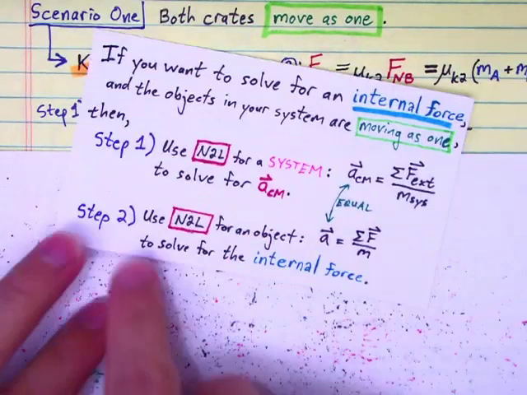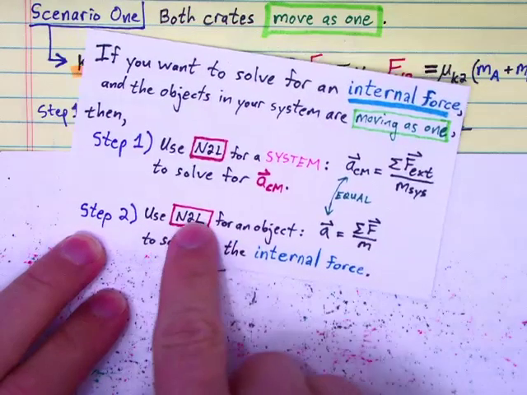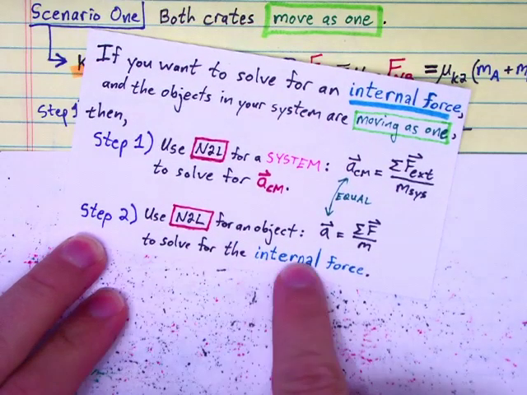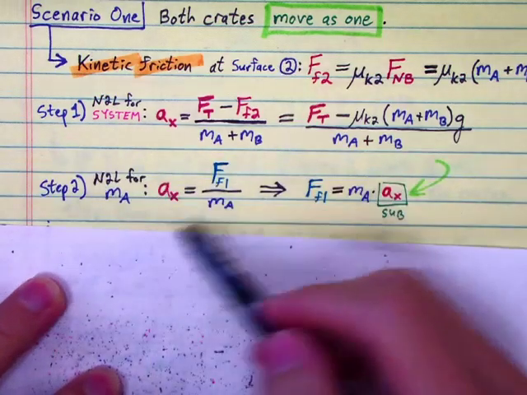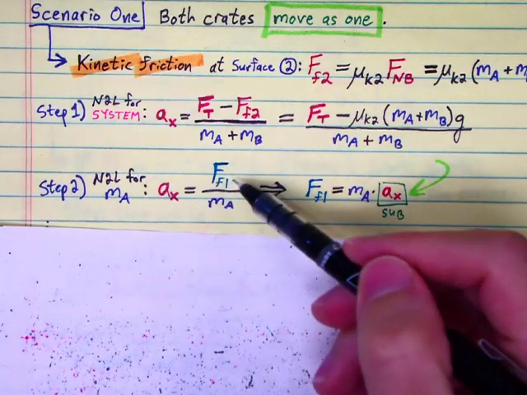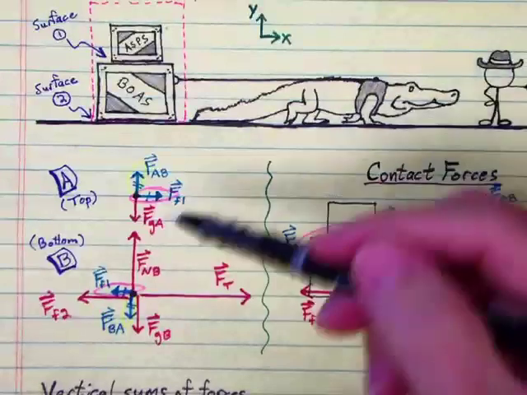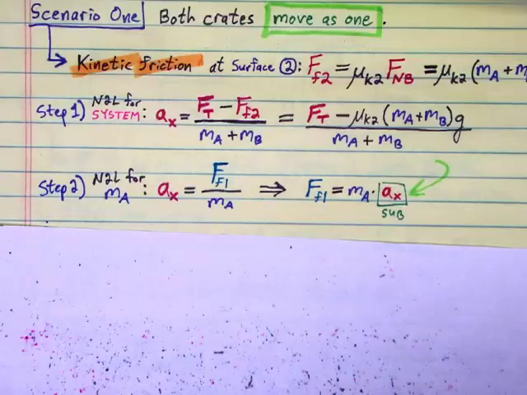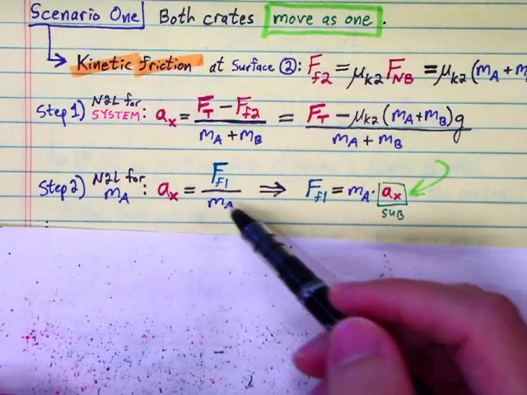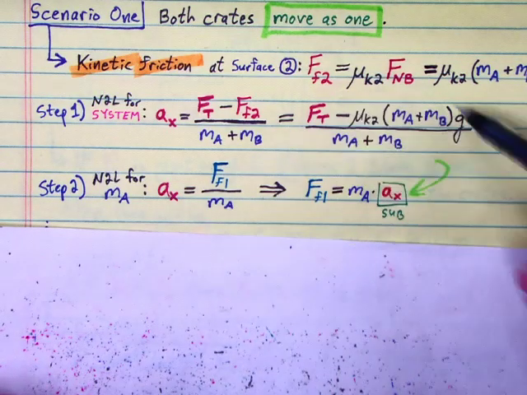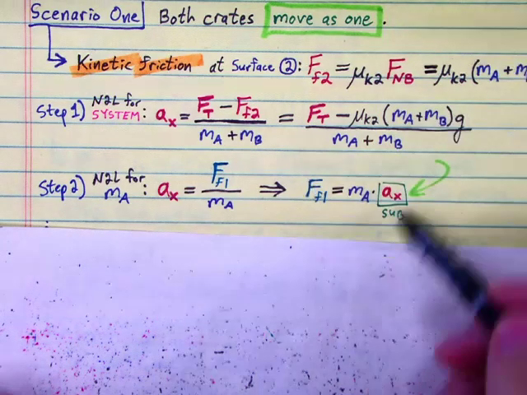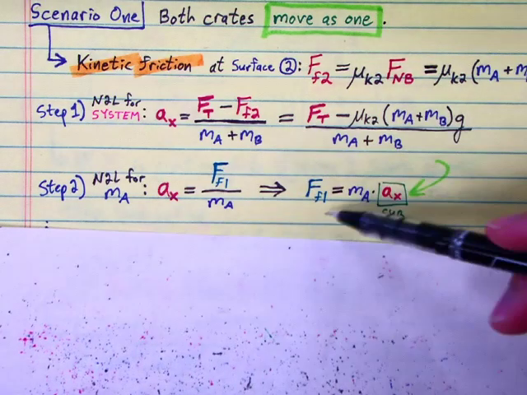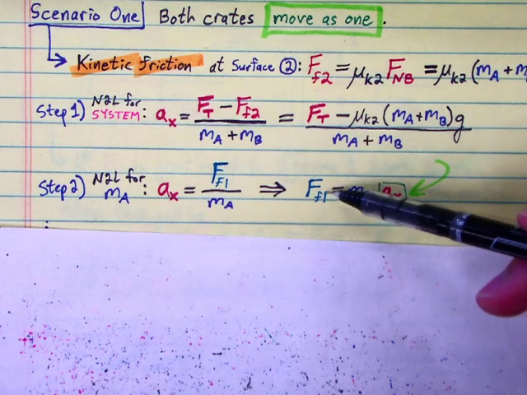but we can find it by going to our usual step 2. Let's just jump to N2L for the top crate to find that internal force. So here we go. N2L for the top crate. The only horizontal force acting on it is that internal force of friction, FF1, right here. And we can find its size by rearranging here and then substituting this expression in for that acceleration since they're moving as one. That's how we would find the size of that force of static friction keeping the top crate